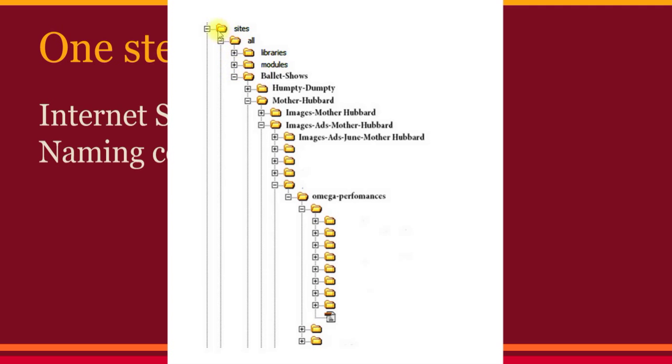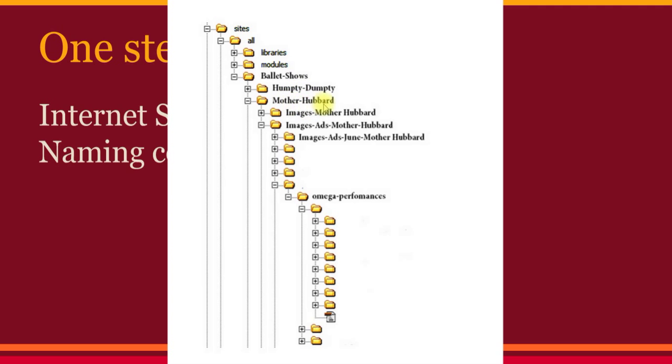So let's say that within your website, one of the features that you have is ballet shows. You try to sell tickets to ballet shows. So you would have a folder called ballet shows. And within that folder, you would start listing out all of the different ballets that you have coming up. Maybe you have a Humpty Dumpty ballet, then you have the Mother Hubbard ballet. So you would create a folder and a web page within your site that has the name of the item that you're trying to sell.